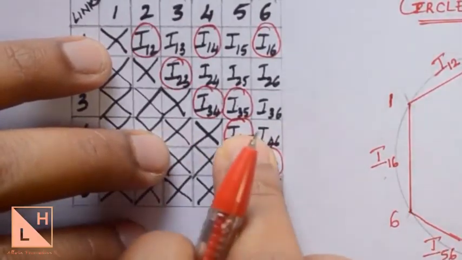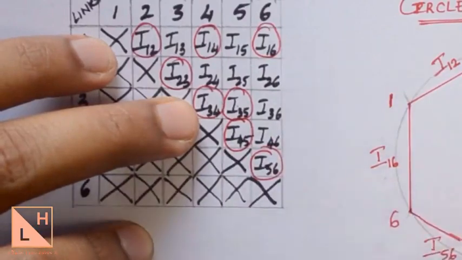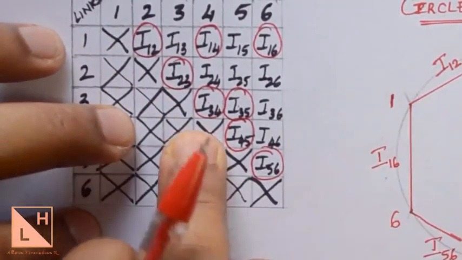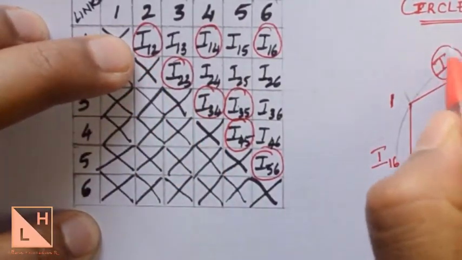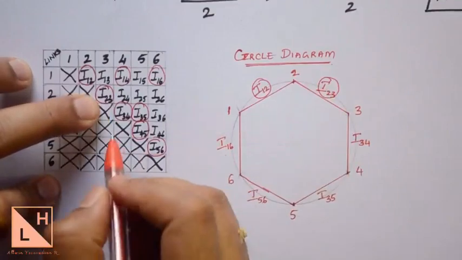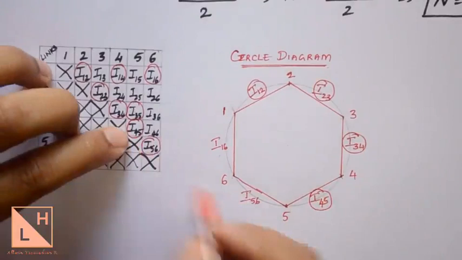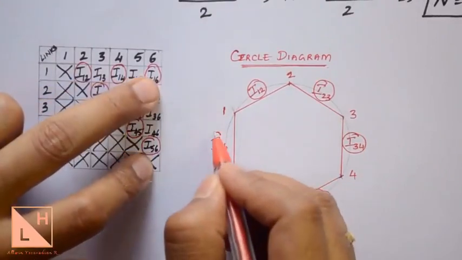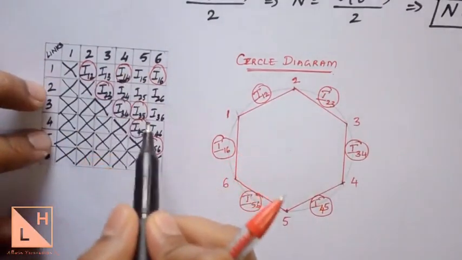Let us cross check and write all the ICs that are found in the mechanism without any construction; they should be drawn with a dark line in the circle diagram. The number of links is 6. Let us cross check which are the other ICs that we have already found from the box which we have written here. I12, it is done. I16 is present. So two things are missing in the circle drawing, that is I14 and I35.